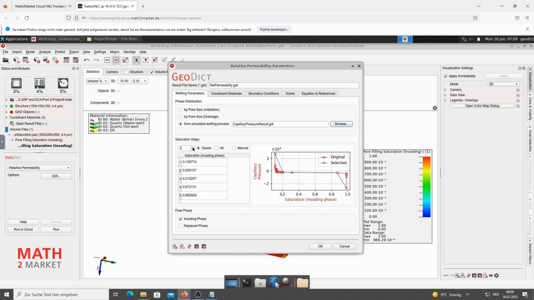You may increase it to 6. You can compute relative permeability for the water and the oil phase. The other settings are very similar to the flooding settings. You could close the dialog with OK and run the simulation, but we leave it up to you since we approach the end of this workshop.